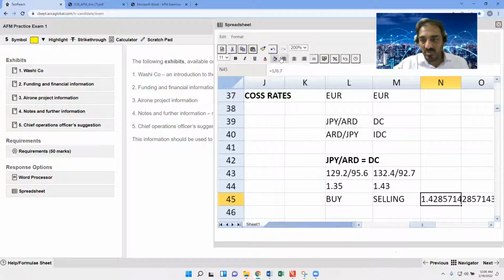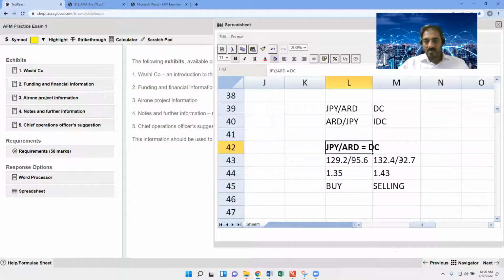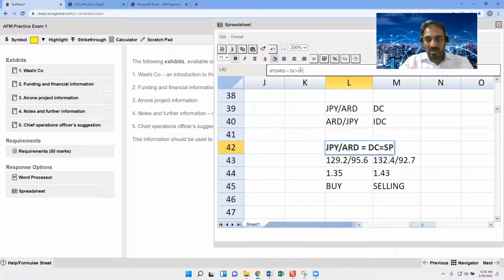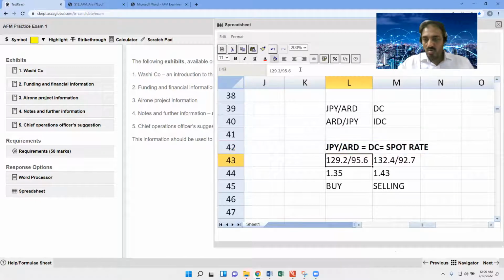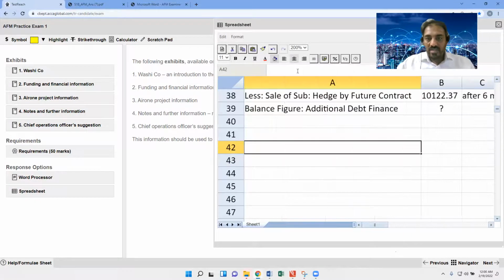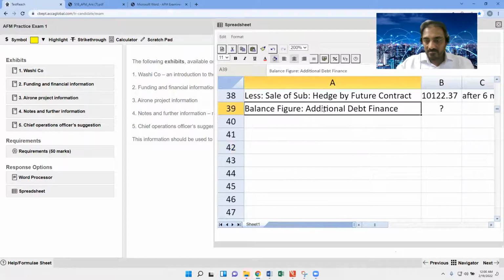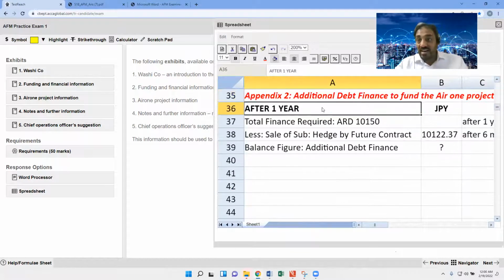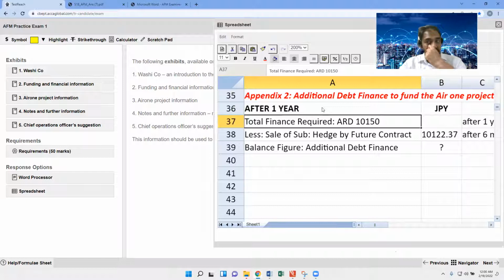This is the spot rate. Candidates, please, whatever we calculate right now is equal to the spot rate. But the very important thing is that we require the finance after 1 year. So when we require to purchase this ARD 10,150,